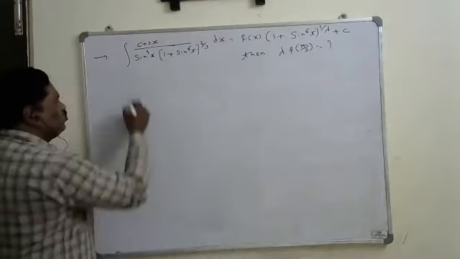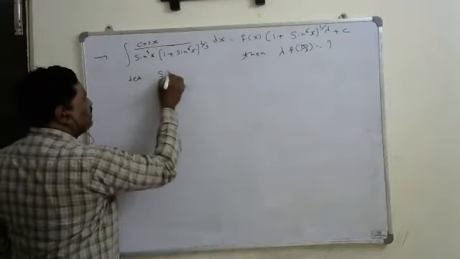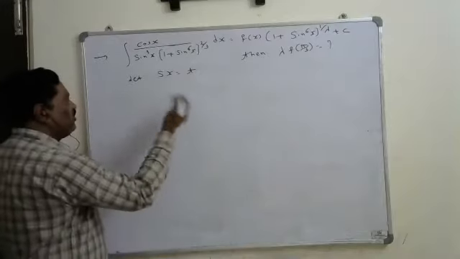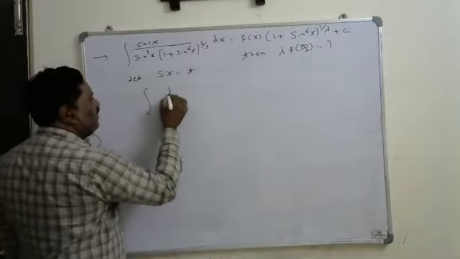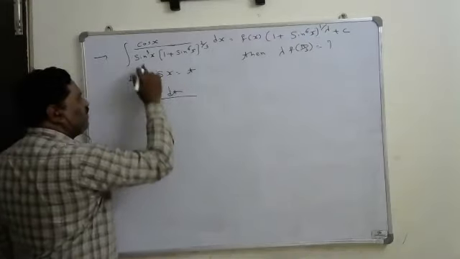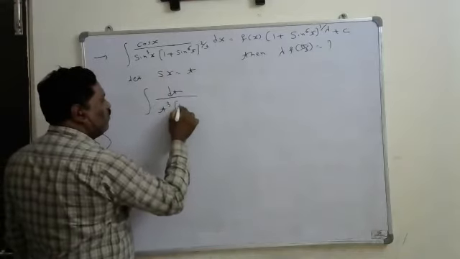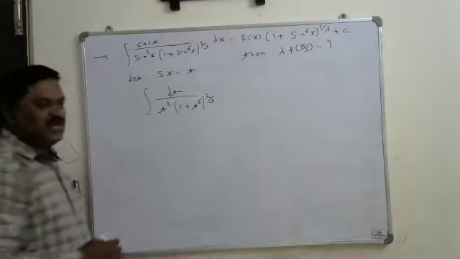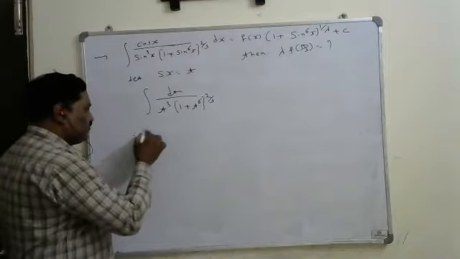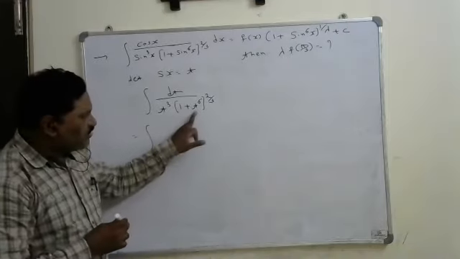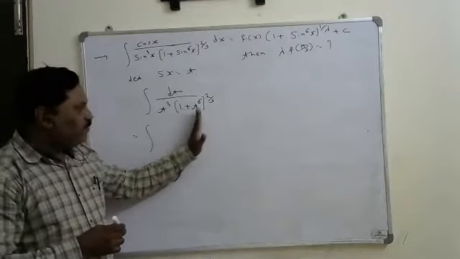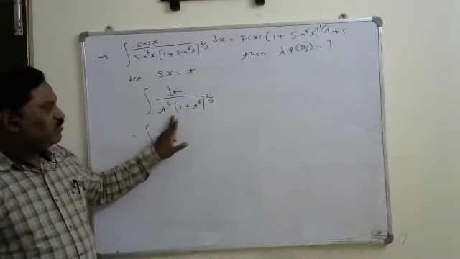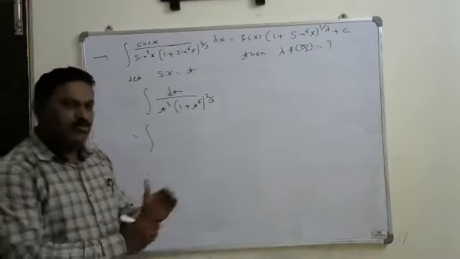So first the substitution is that let's take sin x is equal to t. Then cos x dx becomes dt. Then the problem is dt upon t cube into (1 plus t power 6) whole power 2 by 3. The problem changes like that. Now to simplify this, from this 1 plus t power 6, take t power 6 common. If I take t power 6 common, tell me how much will come out? Power 2 by 3 is there, so (t power 6) whole power 2 by 3.